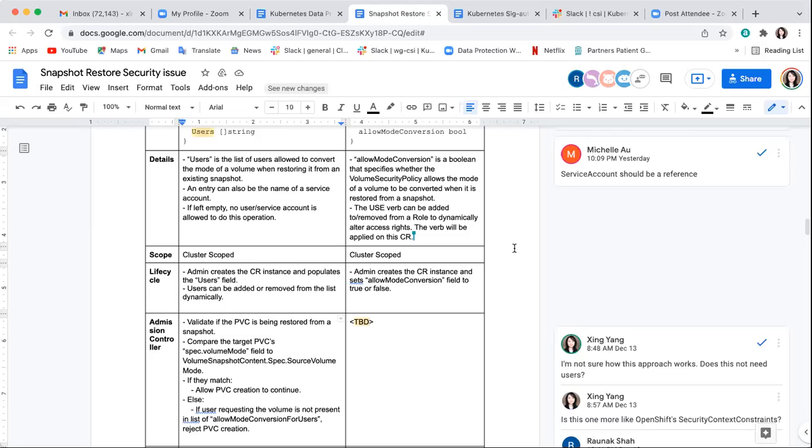But even if it changes it, I don't see a security problem, because let's say you have a file system volume, and the backup vendor doesn't change the content of the snapshot in any way during backup or during restore. The problem is when a user has a block volume and somebody restores it as a file system. That's the problem. But that's never a scenario for a backup vendor. It's the other way around. Privilege escalation. That's a bug in whatever did that, right? But no one does that.